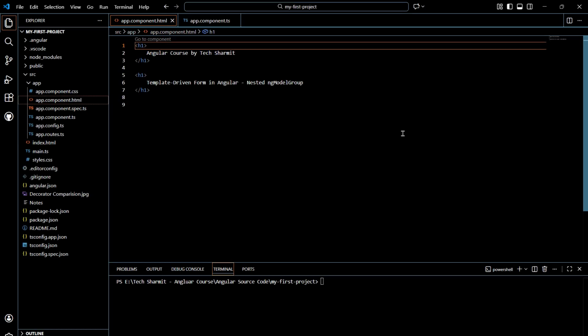But before we proceed further with this discussion, I would like to recommend you to please go and check out the previously released sessions first, because they all are in proper sequence and sync. So if you follow it sequentially, then it would be much easier for you to understand the ongoing topic. Because for the time being, we are mainly focusing on how to create a nested ngModelGroup example. But prior to that, you should know what is basic ngModelGroup,